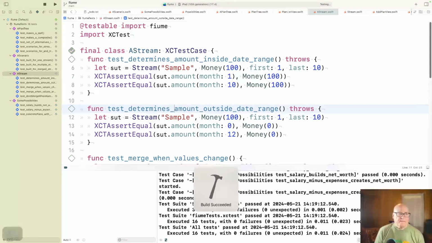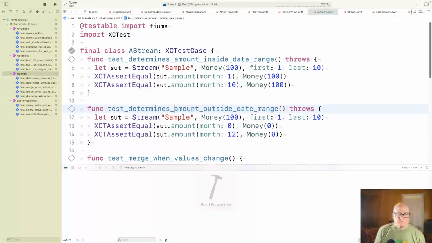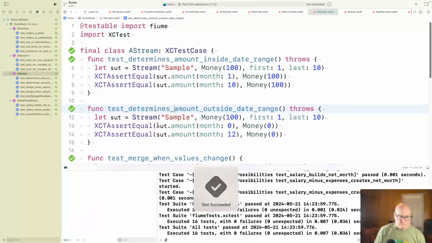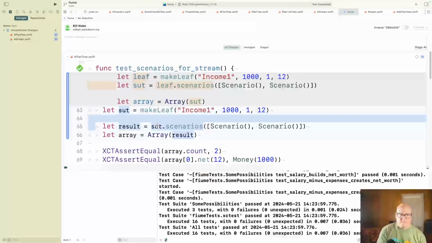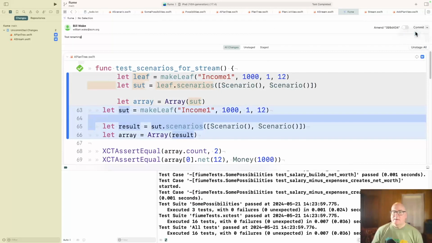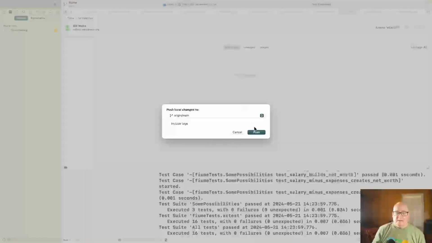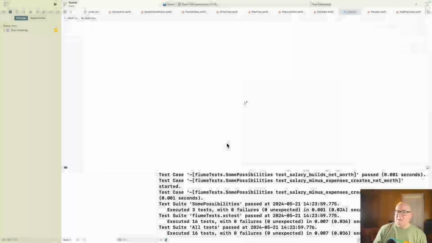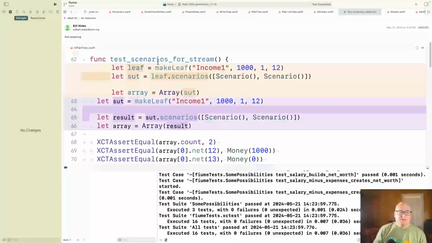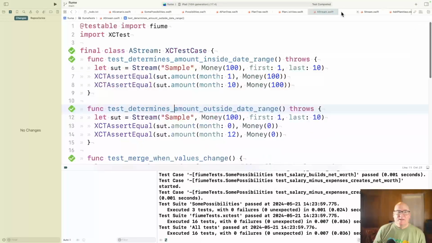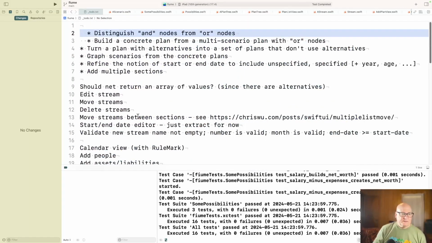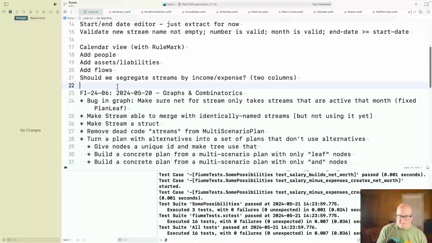Okay. So there. I think our tests were definitely worth 15 minutes or whatever it was, 20 minutes. All right. Now let's go, well, let's track this a little bit.